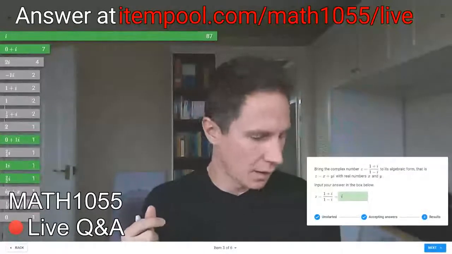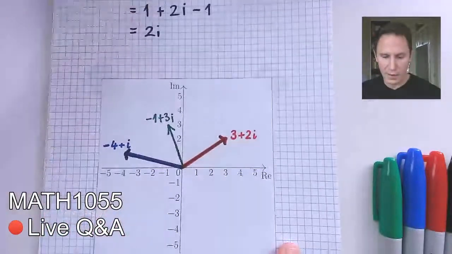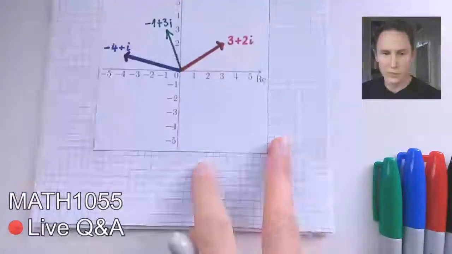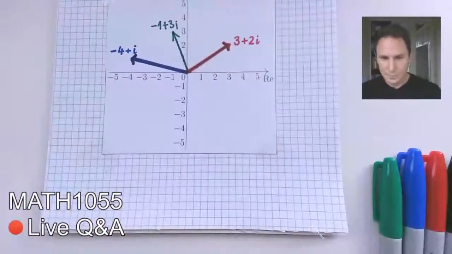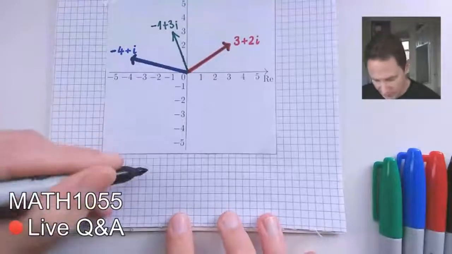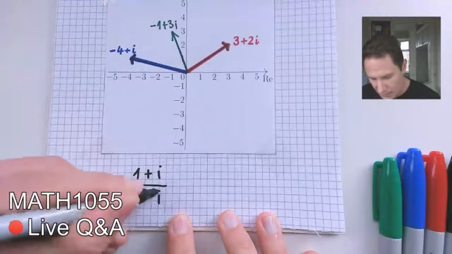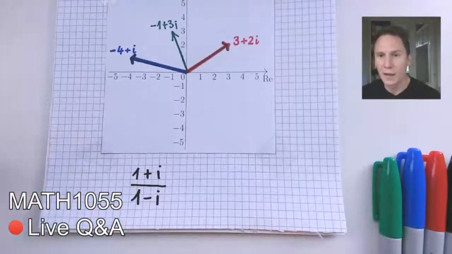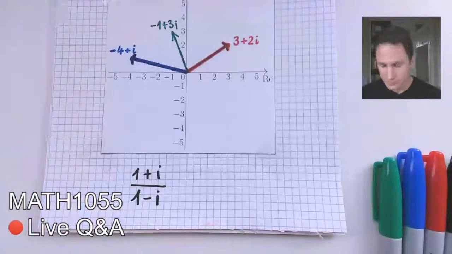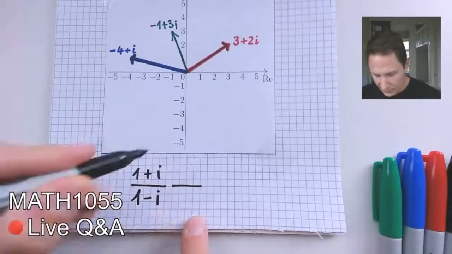Okay, so let me just, for everyone, because I see some wrong answers, which is okay. I mean, at this point we can make mistakes. It's no problem. This is what this session is for, to learn from our mistakes. So let me just quickly go through the calculation. It's really simple. So you have 1 plus I divided by 1 minus I, right? And the big trick that you can always employ is to take the denominator and